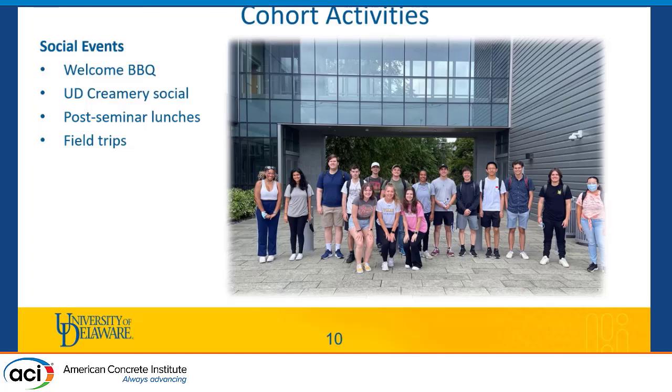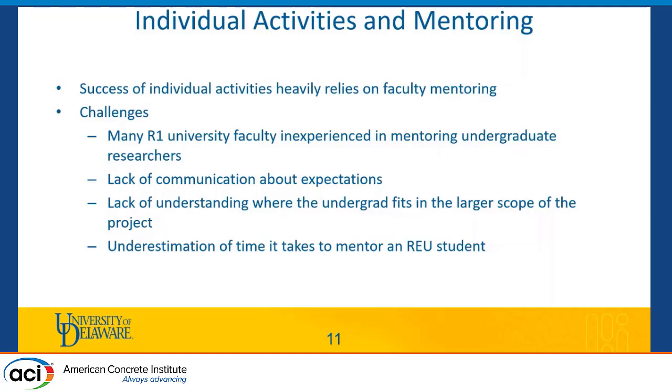We're still getting creative with this part because sometimes it really is an afterthought, considering that everything that comes before takes a lot of time. Now, individual activities are really, I would say, the most important when it comes to REU sites and rely on